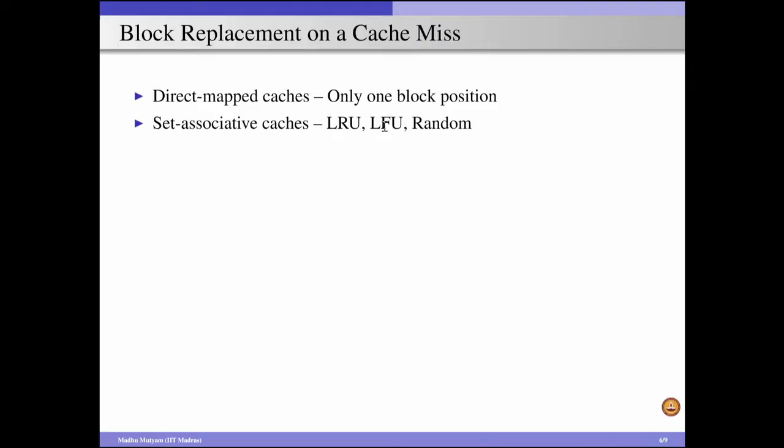So to do that, we have to consider cache replacement policies. In the case of direct mapped caches, since each set accommodates only one block, there is no question of which block to be evicted, because you have only one location to evict and store the new block into. Whereas in the case of set associative caches, a variety of techniques have been proposed in the literature, but in this discussion we are going to consider 3 policies, which are random replacement policy, least recently used policy, and pseudo least